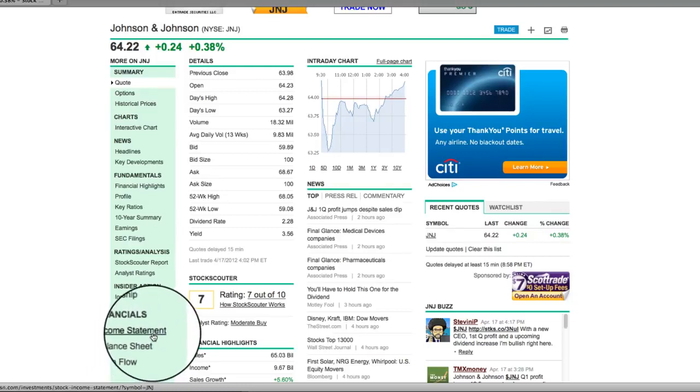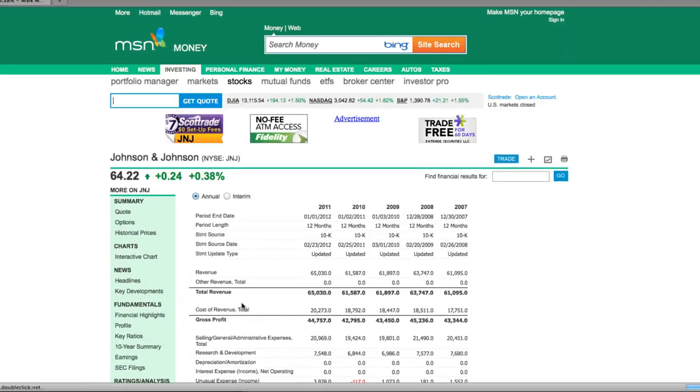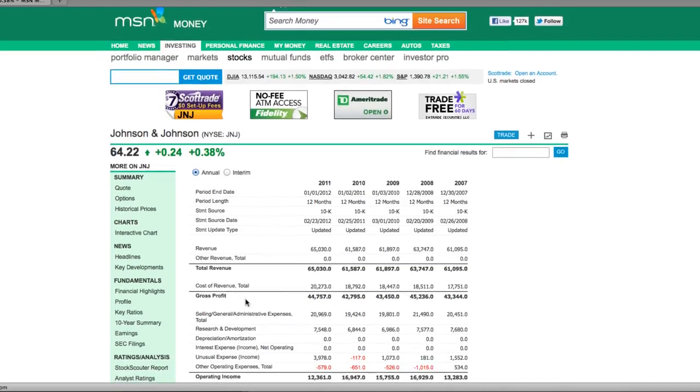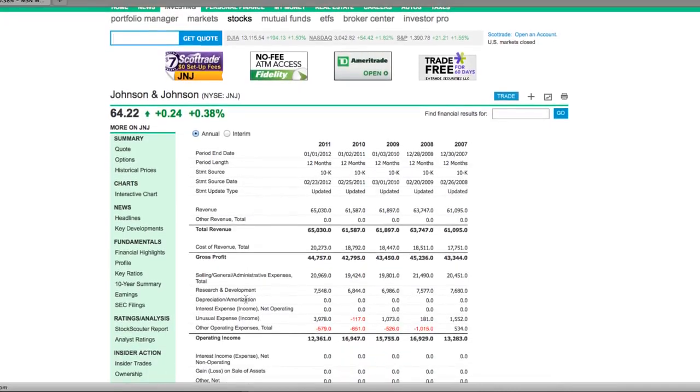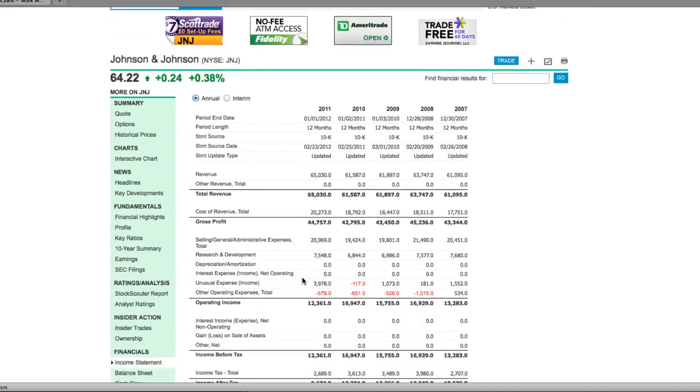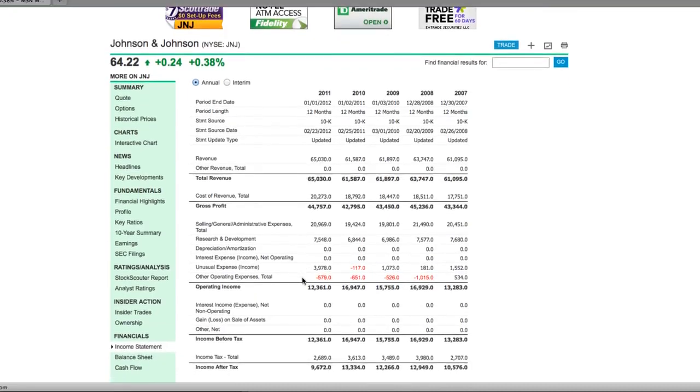So let's start off by going to the income statement, and this is what we really learned in lesson 2. If you want to go back and review that, this is where you would find it. Now, if you remember the slide that had Nancy's business, and we followed the money through her business in 1 hour, and then we did it for 1 year, that's where these numbers and this terminology is coming from. As you look at this income statement for Johnson & Johnson, you'll